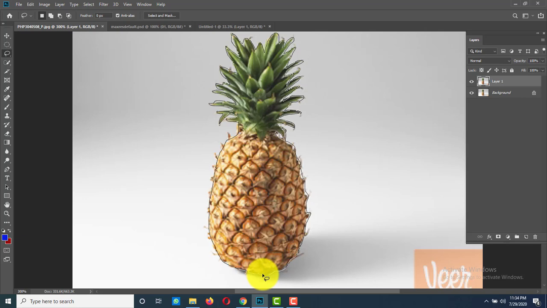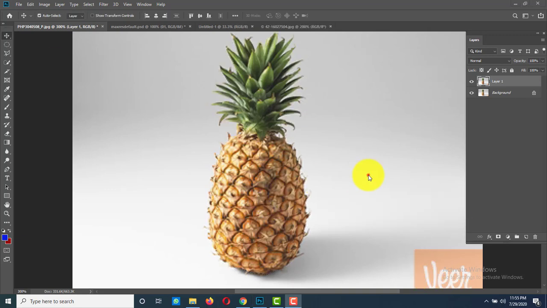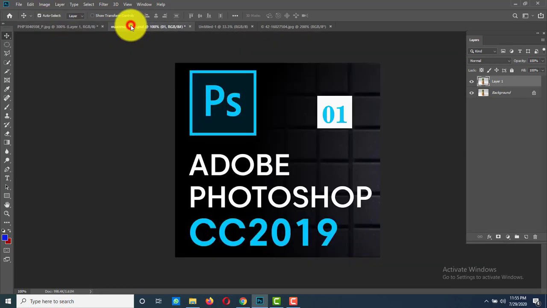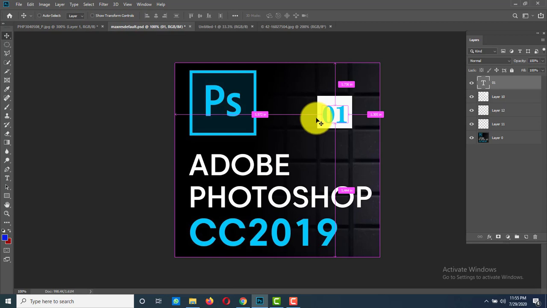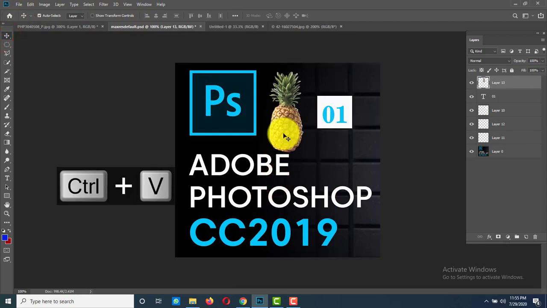Now just release your mouse button on the first point, it will automatically select it. Now copy your image, Ctrl C to copy and paste it wherever you want, Ctrl V to paste. Select your move tool to move the object.